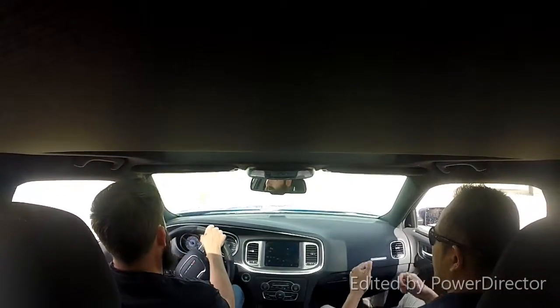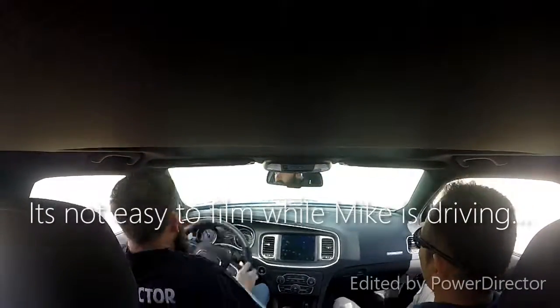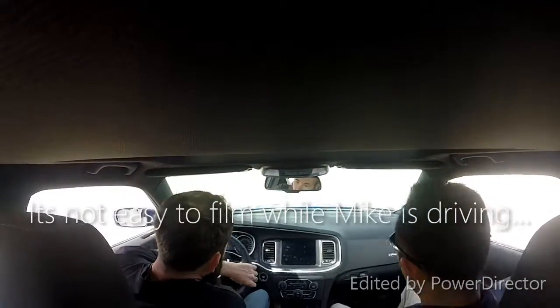So it can go very fast at the beginning. Tightening thing. A little faster and a little